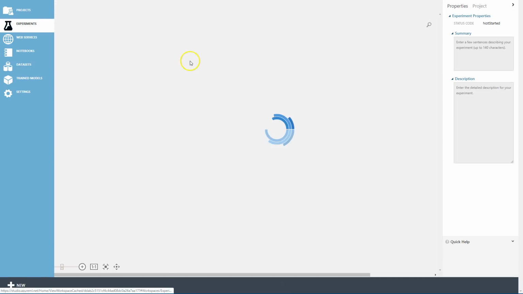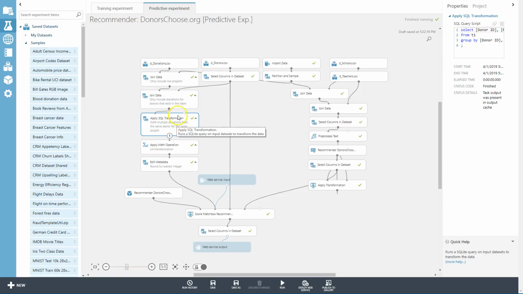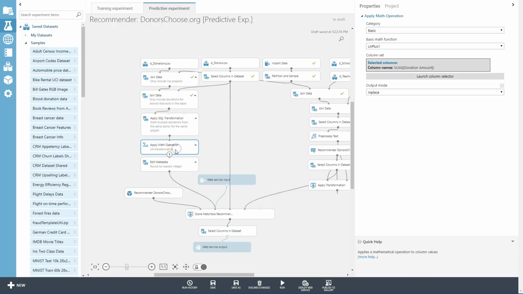All right, back here on the predictive experiment, let's go take a look. The input's right here. This data set to score, that's right. Oh, right here in my apply SQL transformation, at this point it only needs the donor ID and project ID. We no longer need some amount. So I'm actually going to change this, since we no longer need that. No need to group by donor ID and project ID anymore either. And no need to apply all these math operations,